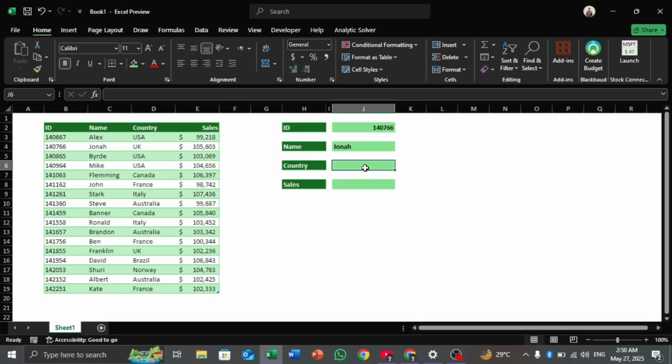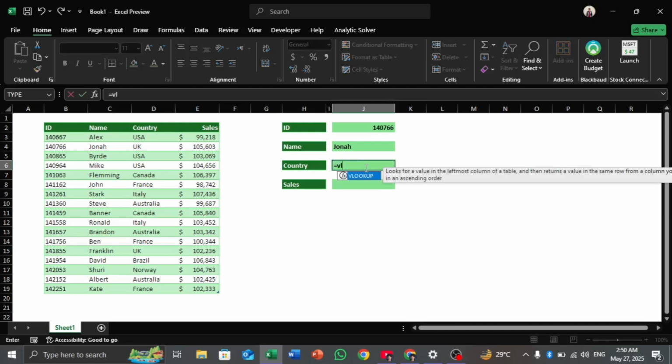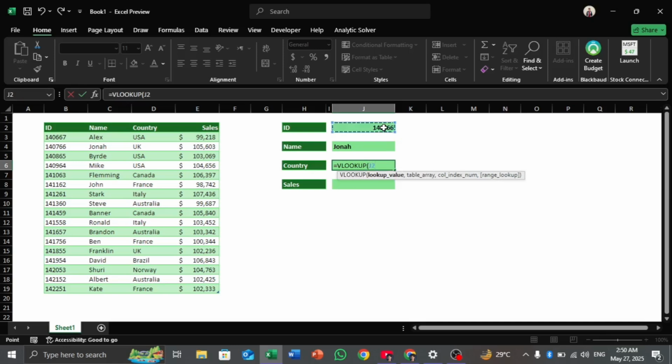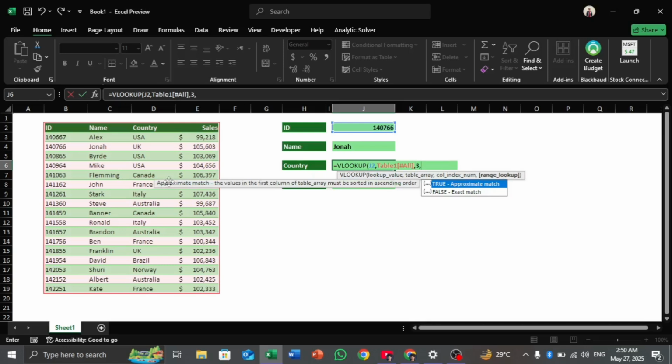Same here for the country. We press equals to VLOOKUP, hit the tab key. Lookup value is our employee ID, comma, table array is the whole table, so select the whole table by pressing Ctrl Shift right, Ctrl Shift down, comma, column index number this time is column number 3 which has our countries, so 3, comma, and the range is for exact match for 0,